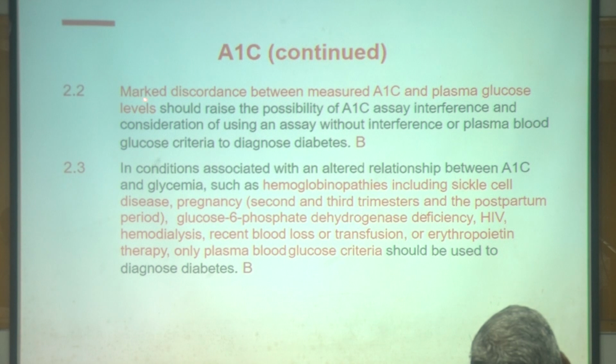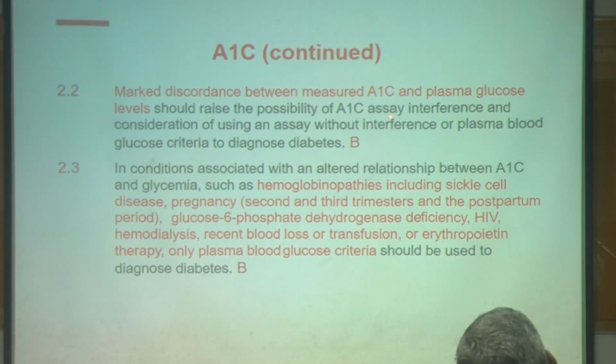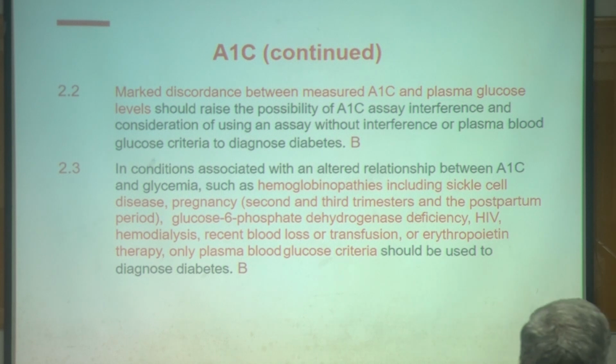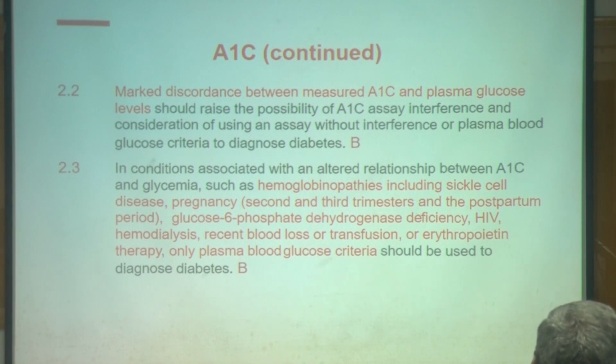And again, marked discordance between A1C and plasma glucose means there is a possibility of A1C assay interference, so that is also very important. Not all the labs, high tech and others, have this well controlled; there is a lot of interference, so we have a lot of difficulty in really assessing, because the first day you will see 7.2, the second day it will show 9.4 also. This is a real possibility, so you have to be very careful. And again, hemoglobinopathies, sickle cell anemia and other things, and pregnancy as well. Don't depend on HbA1c alone. Fasting plasma glucose and postprandial are very important.